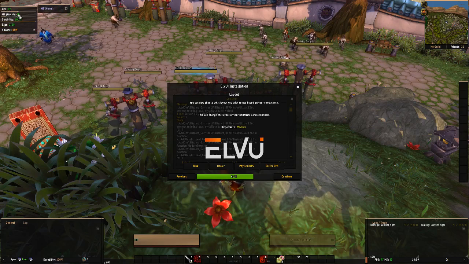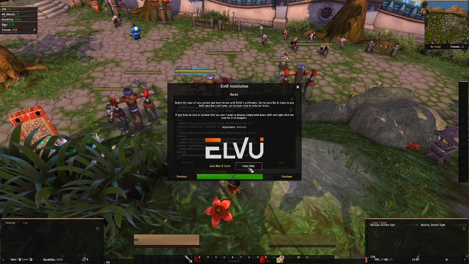You also get a nice, nifty little system admin thing at the top, telling you how many frames you got, how much world MS you've got, and if you put the cursor over it, you can see how much home MS, your gear durability, how much is in your bags, and the volume of the game. But I play with my sound muted because I'm a scrub, as Phil would say. Anyway,